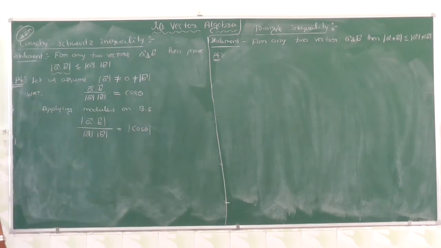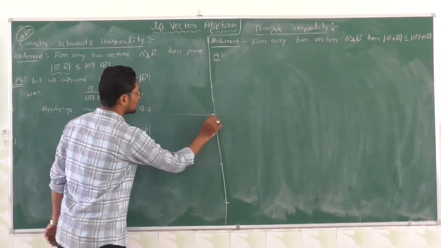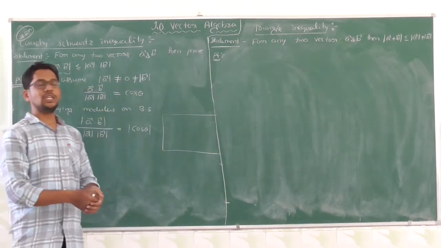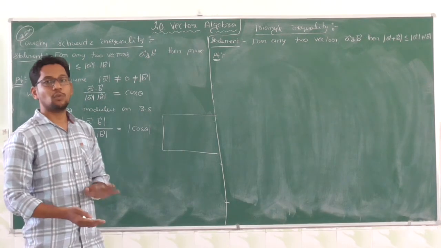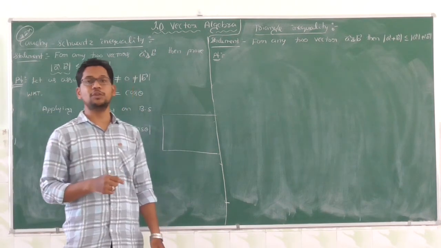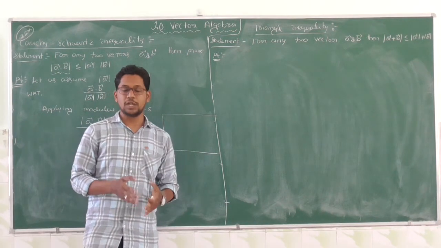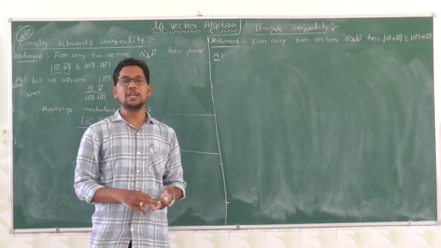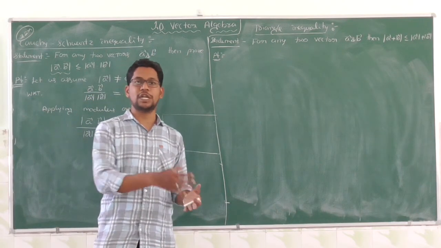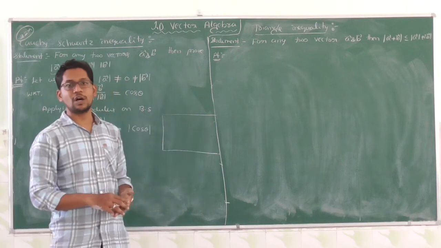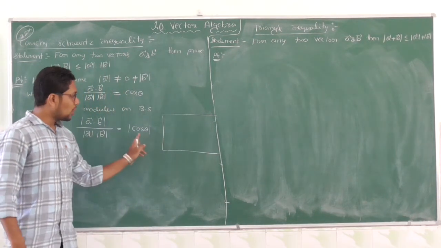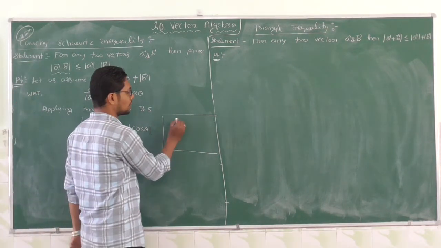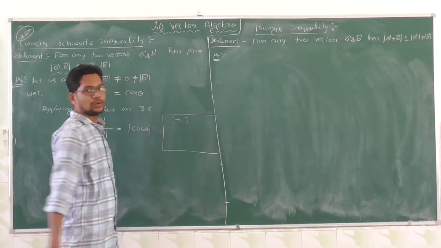Now we know in our trigonometry, what is the range of cos theta? In our first year PU, we already learned the range of the cos function, the sine function, tan function, cosecant and secant. There we have already learned, right? What is the range of cos function? -1 to 1.